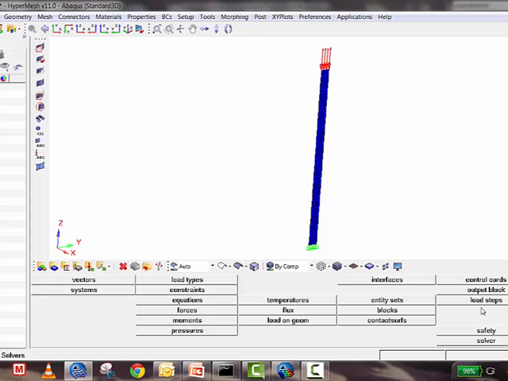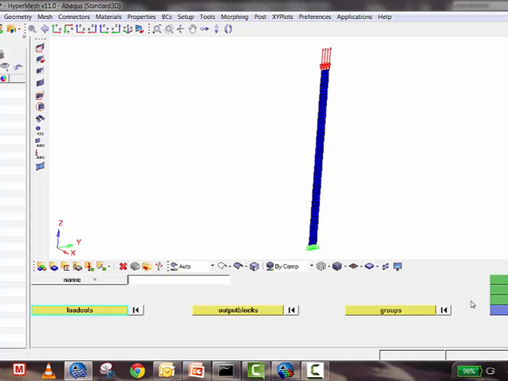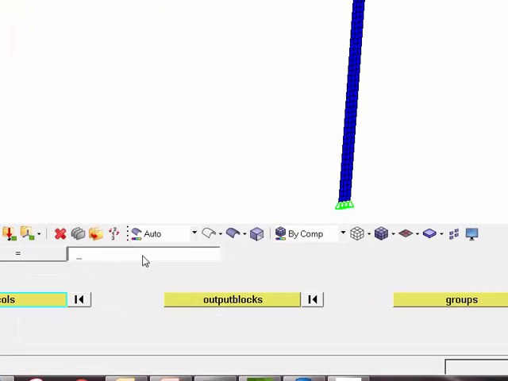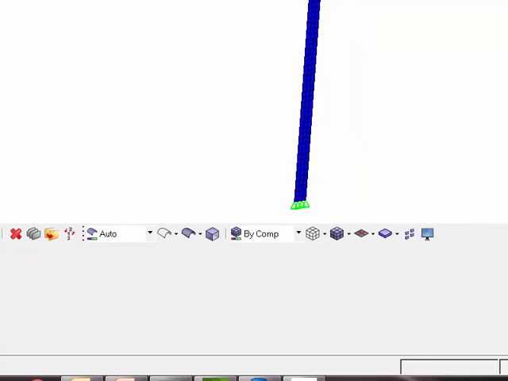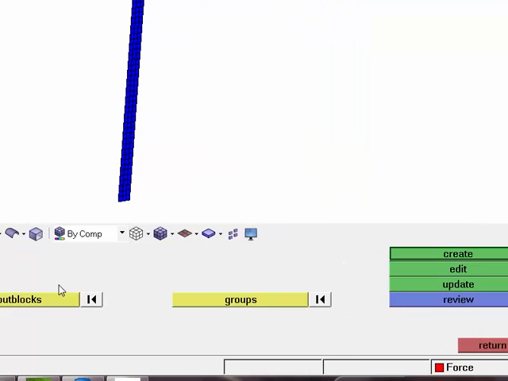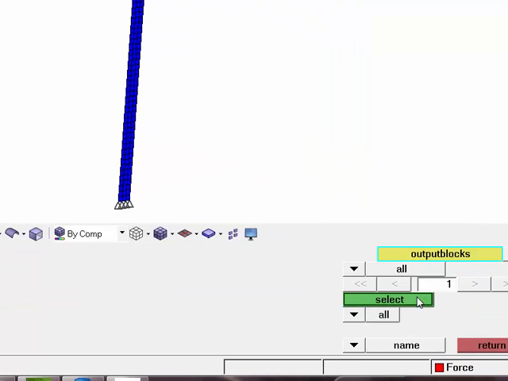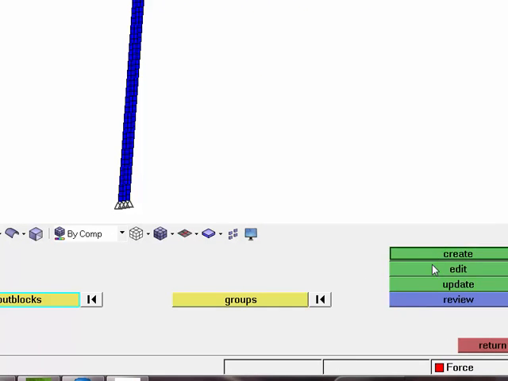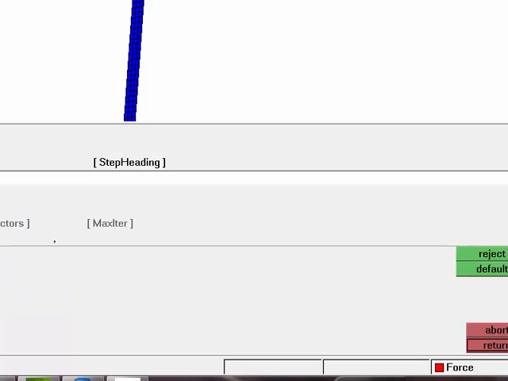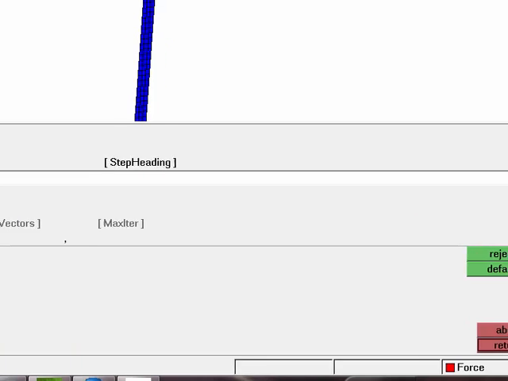Now in the analysis panel, you go to load step. So once you click on the load step, you give some name. I'm giving a name, buckling. Now you select a load collector, force and pin. You select the output block which we have created and say create and edit. So once you do this create and edit,